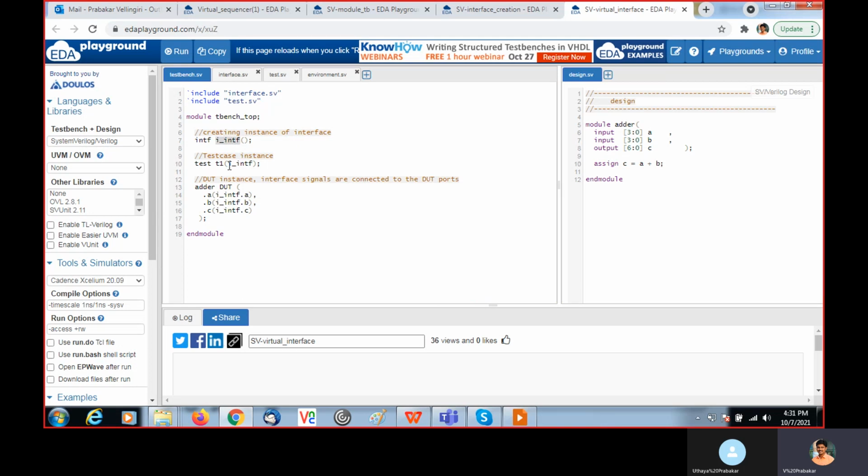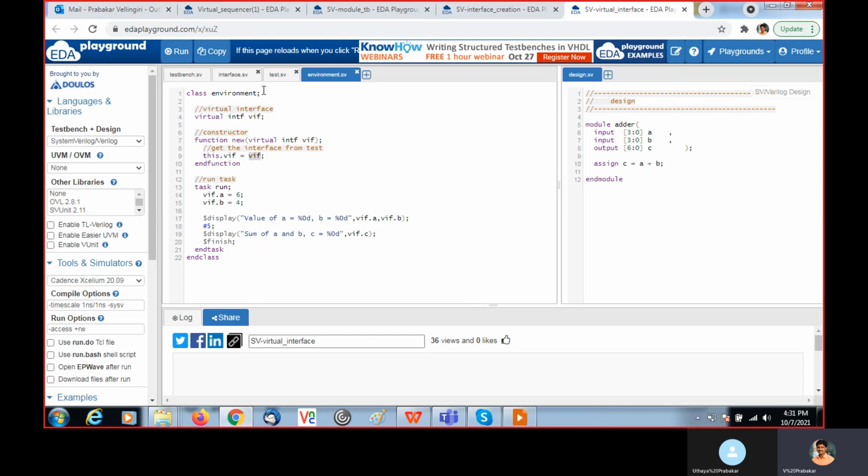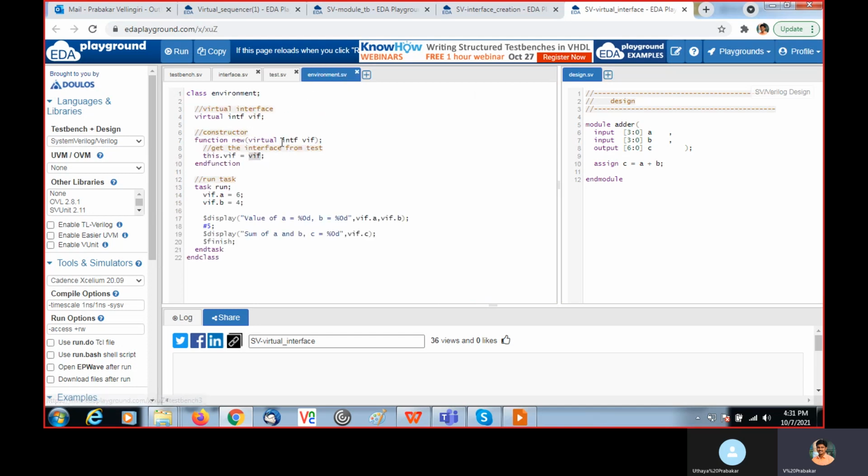I passed it to test, and through test it is passed via the new method. So when the environment is created, through this new we get the handle and it is assigned to this VIF handle. Now in the environment I am able to get the interface handle.